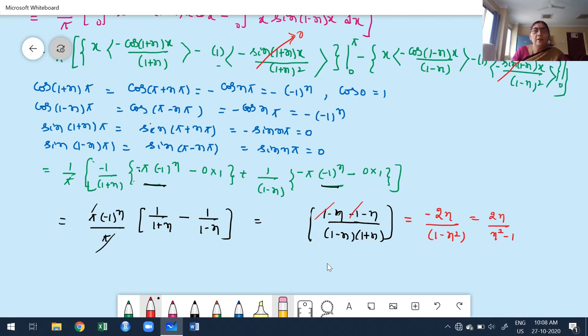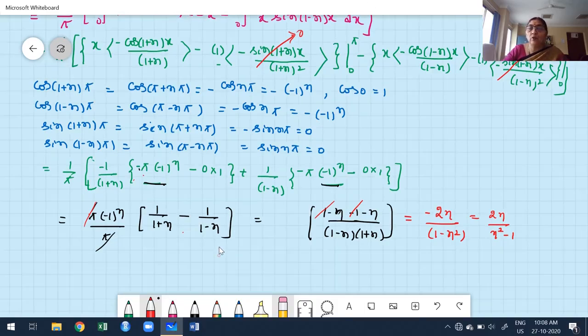I think everyone is clear where I made the mistake here. Minus into minus is plus, plus into minus is minus. We have taken only pi into minus 1 to the power of n as common factor. Therefore, what things are cancelled? Pi is cancelled. Now this is as it is. Now what terms are cancelled? Plus 1 and minus 1 are cancelled. I think it's clear. Now when we take minus n inside, we get this is nothing but 2n divided by